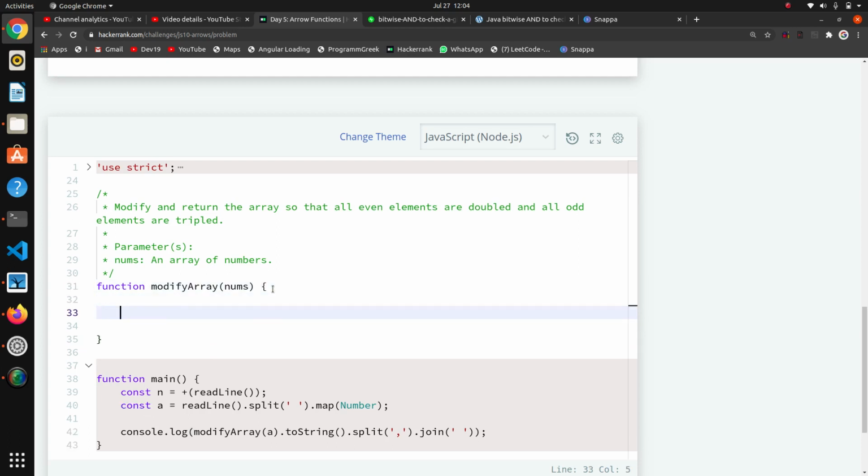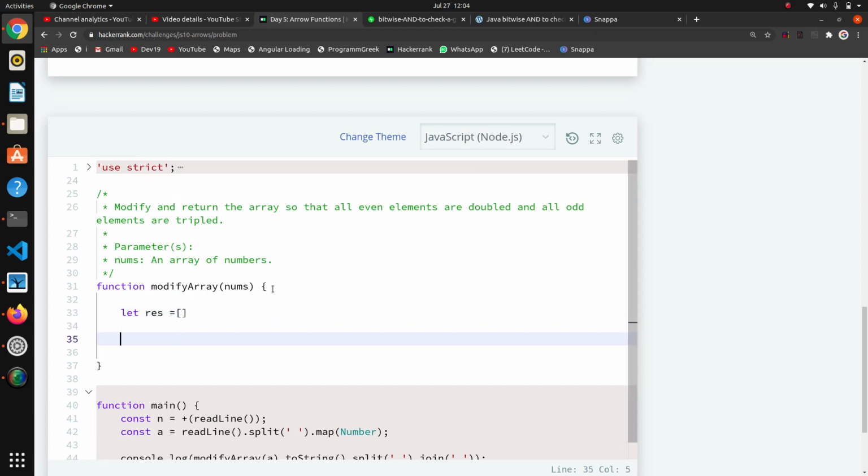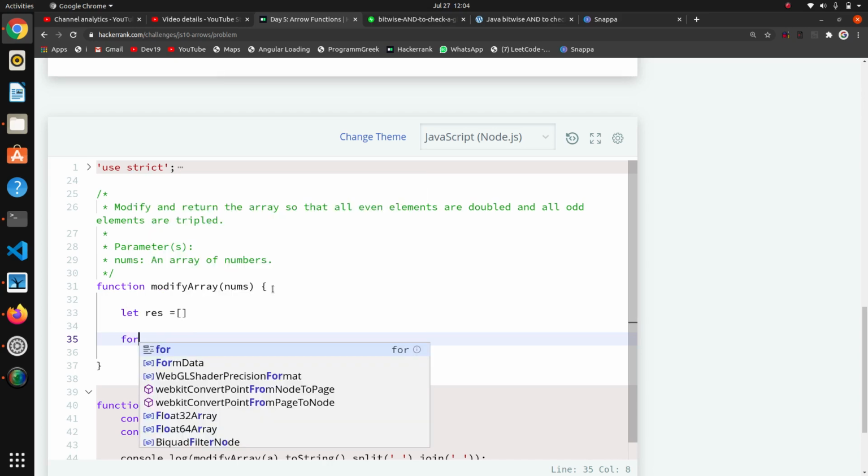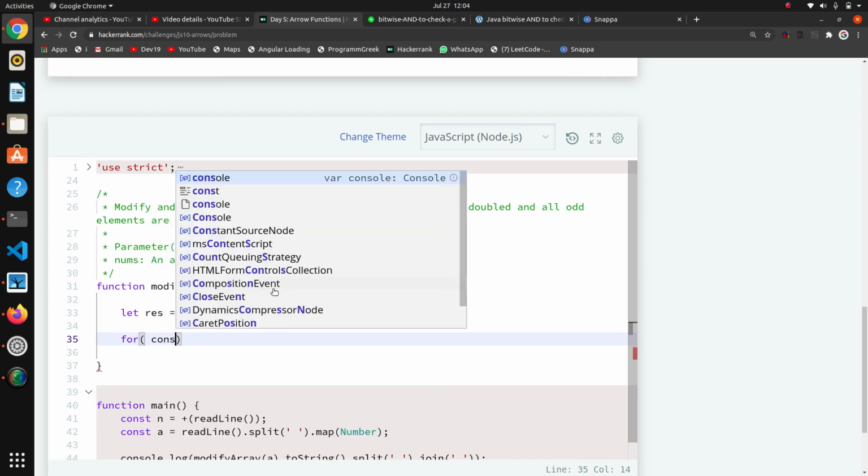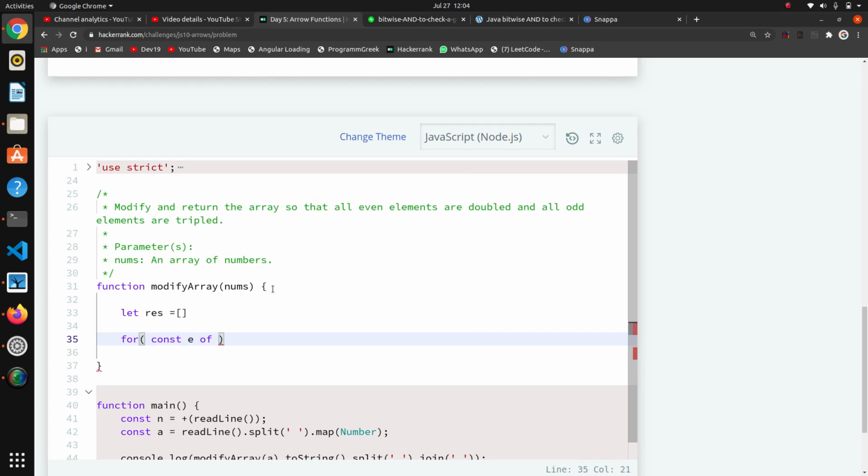जैसे हम functions में करते हैं, वैसा पहले करते हैं first of all, then we will go to the arrow functions like map. We will use map lastly. So first of all I will take this in fastly. I will create one empty array. Now I want to iterate that nums, for const e of nums. Now I will check every element.